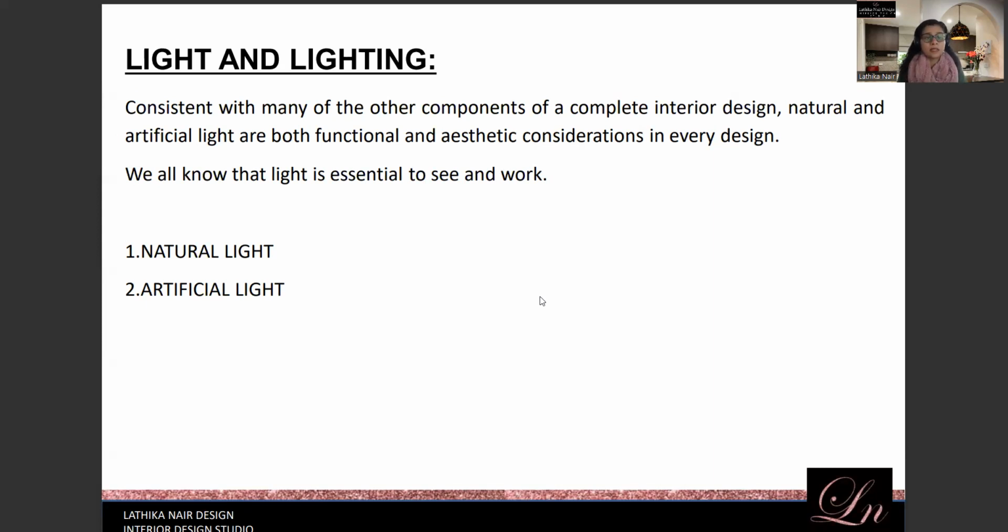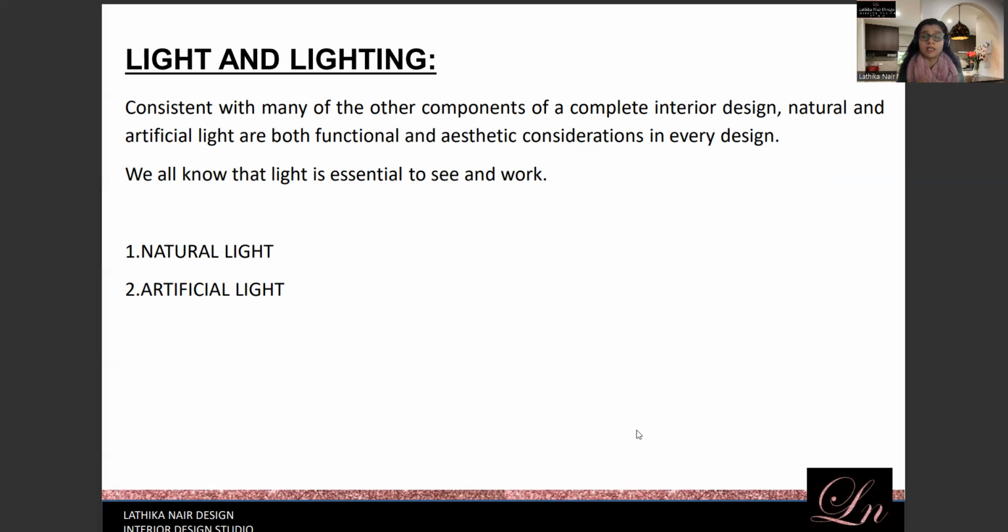Consistent with many of the other components of a complete interior design, natural and artificial light are both functional and aesthetic considerations in every design. We all understand light is required to see and work within the space.